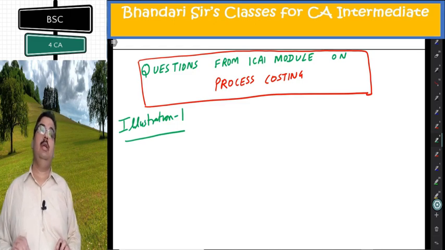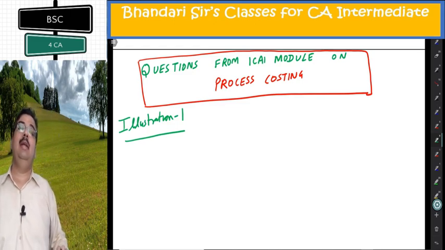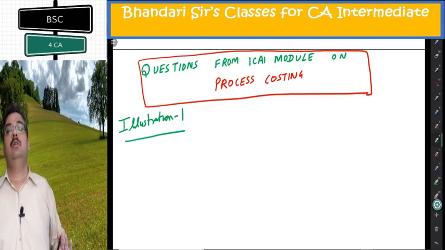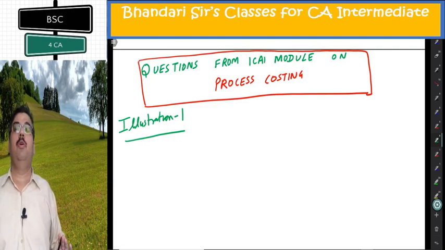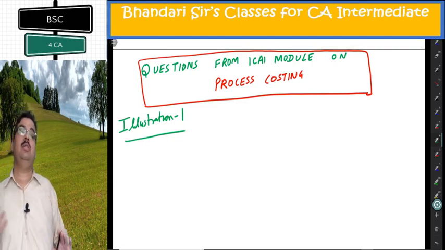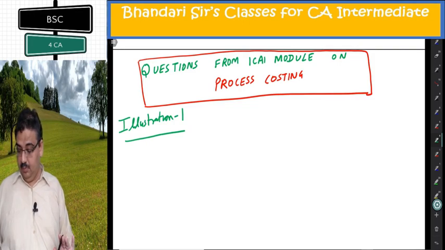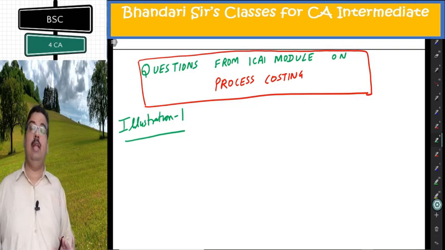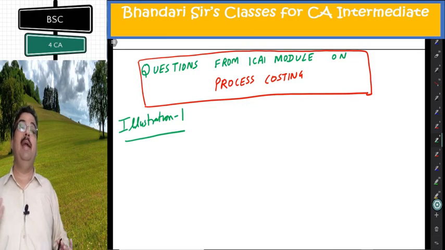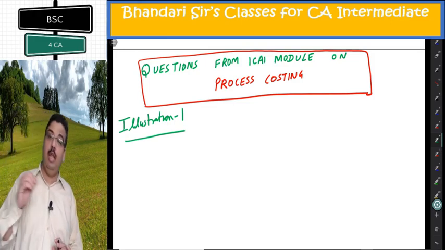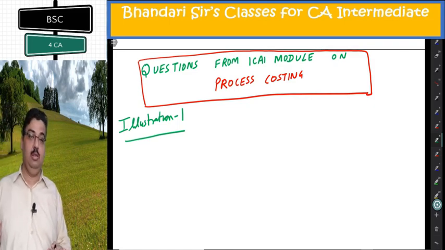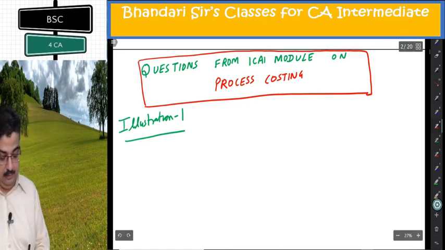The first illustration is a very simple illustration and it does not carry any losses and gains. That is what makes it even simpler and probably not eligible for the examination, because in the exam such an easy question does not come. The only point there: you are given indirect expenses amounting to 85,000, which is given combined, but the question tells you how to apportion it process by process. It may be apportioned on the basis of wages, in the ratio of labor cost we will be putting in each process. So the first working note comes for this only.